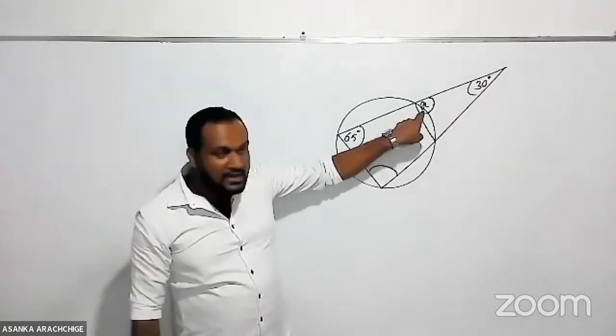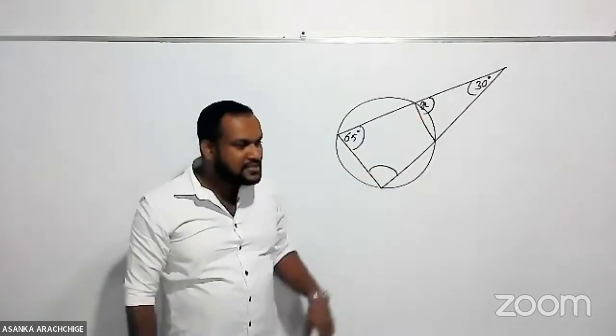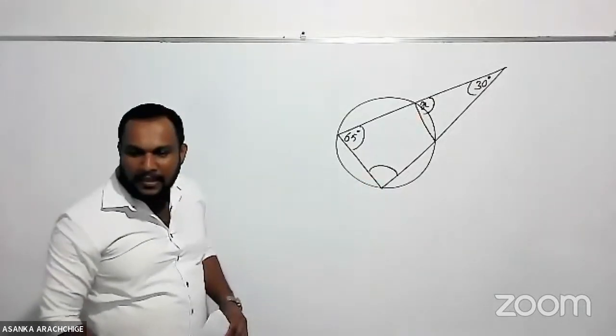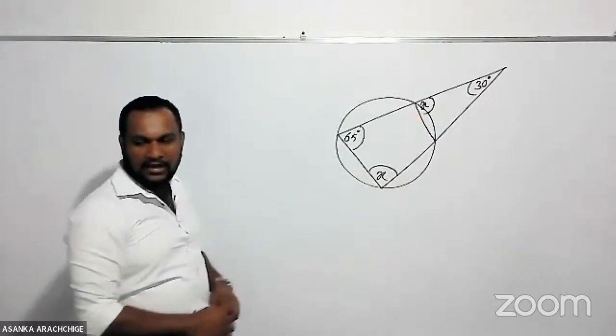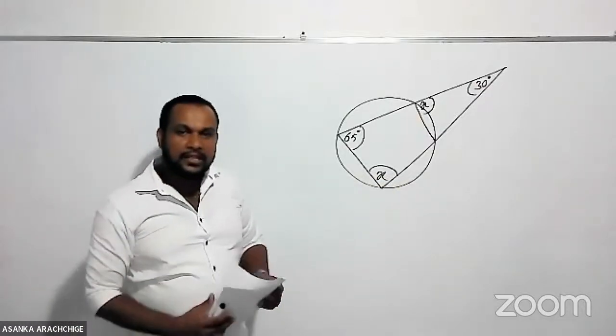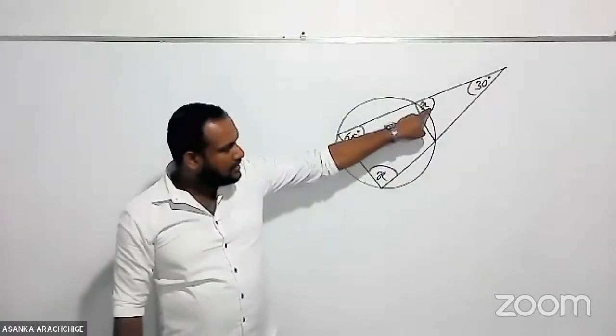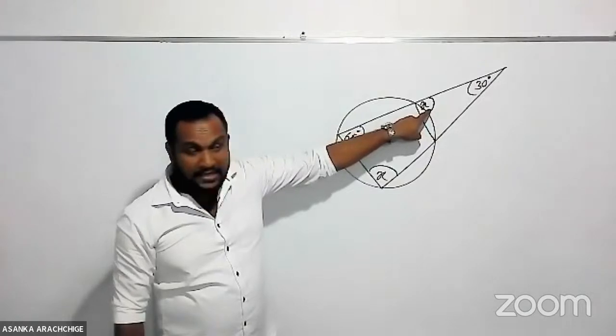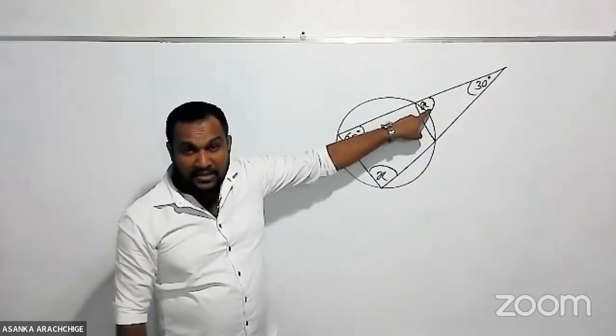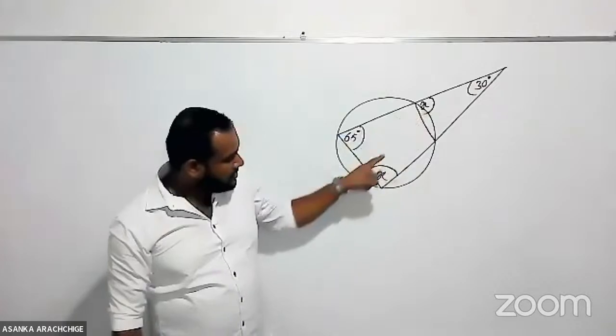If this angle is x, then what is this? That is also x. Reason? What is that theorem? The exterior angle formed when the side of a cyclic quadrilateral is produced is equal to